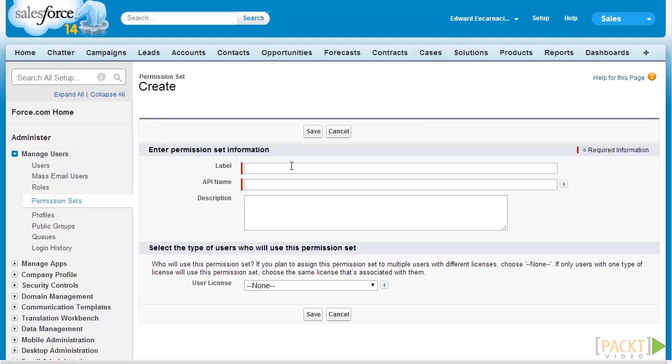On this screen, let's enter the label and the API name for our permission set. Let's call it Author Apex, and retain the API name generated by Salesforce. Next, let's specify the user license for the type of user that will use the permission set. We can select None to allow all license types to be added to this permission set. But since we are dealing with a very sensitive system permission, let's limit the permission set to full Salesforce user licenses only. So let's select Salesforce